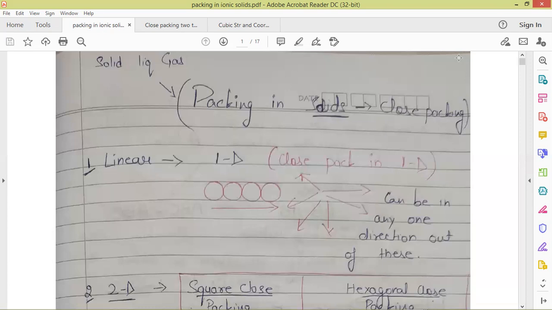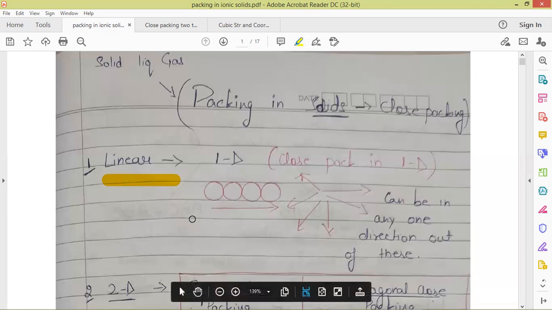And depending upon the space efficiency, there are different types of models. So let's get started. First, we have a linear packing arrangement. In the case of linear packing arrangement, we'll arrange the spheres in a single line. By single line, I mean in one direction, that we are putting the new sphere in just one direction, not in multiple directions. Here, the length is increasing in just one dimension.